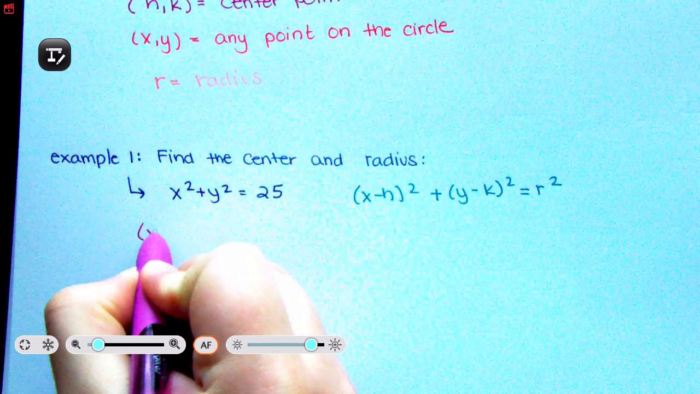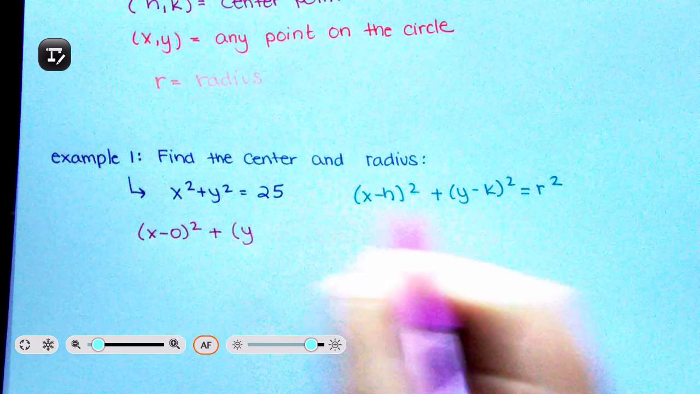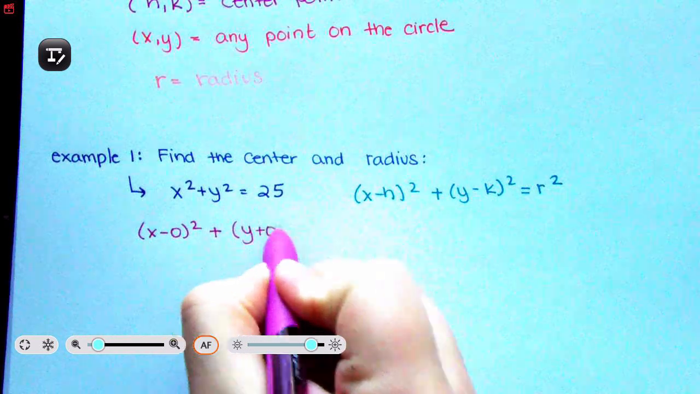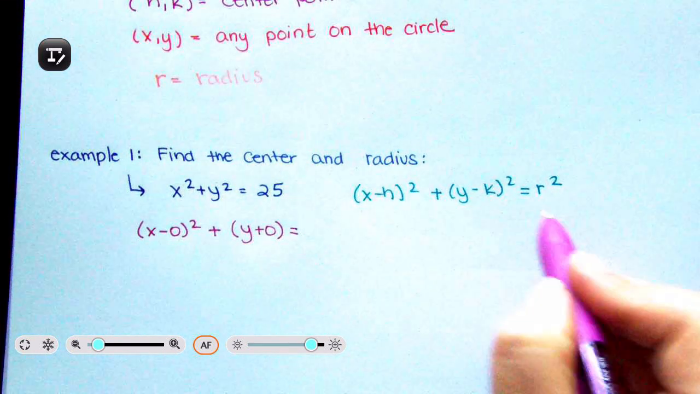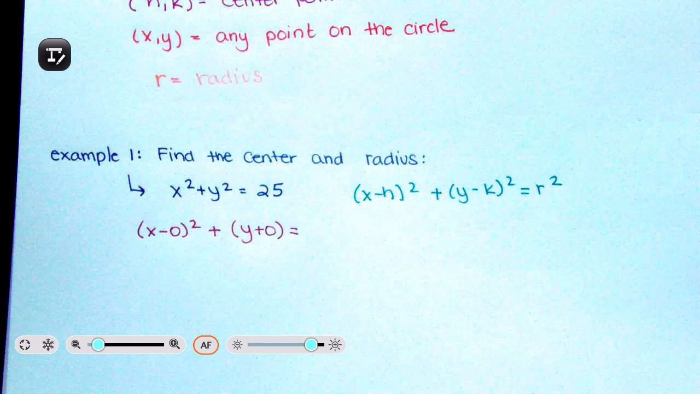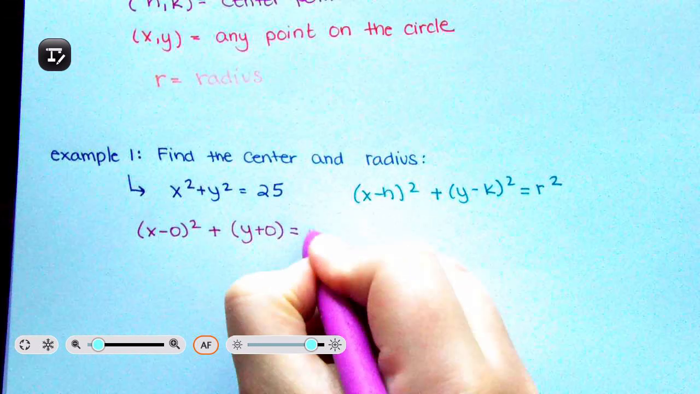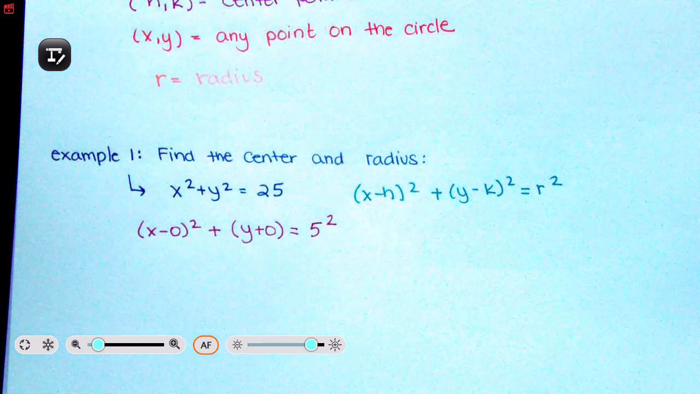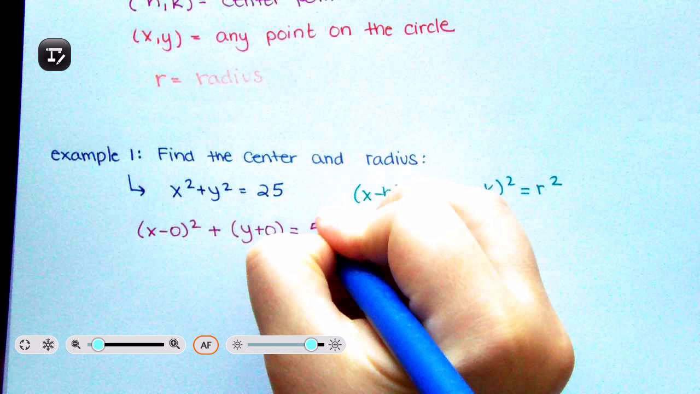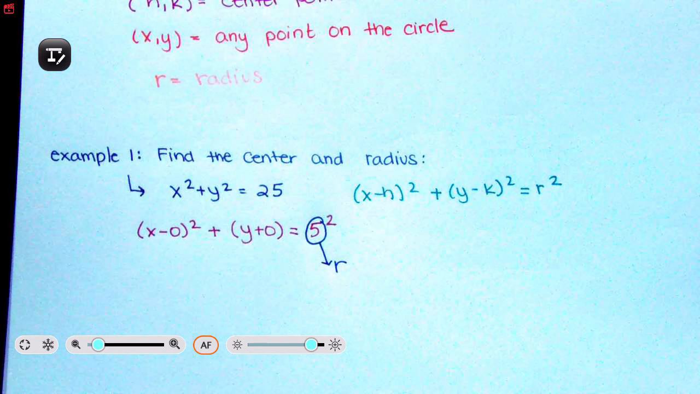So that means h is 0, plus, I see a y squared, but I don't see a k. So that means k is 0. And I also see 25. Now 25 is your r squared. We don't want r squared. We want just r. So I'm going to take the square root of 25, so that means I have 5 squared. So it's asking us for the center and the radius. So then, the radius is 5,